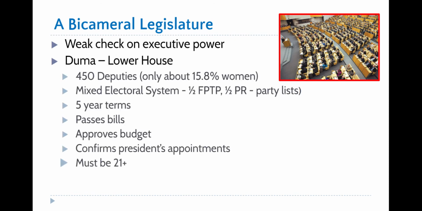So the Duma, as we said before, is really the lawmaking kind of apparatus within Russia, and generally speaking, a weak check on executive power. And so some different options. Vladimir Putin can specifically initiate legislation himself, but most of the time, the initiation of legislation is done by his allies within the legislature, which consists mostly of his party. So the Duma is the lower house within the